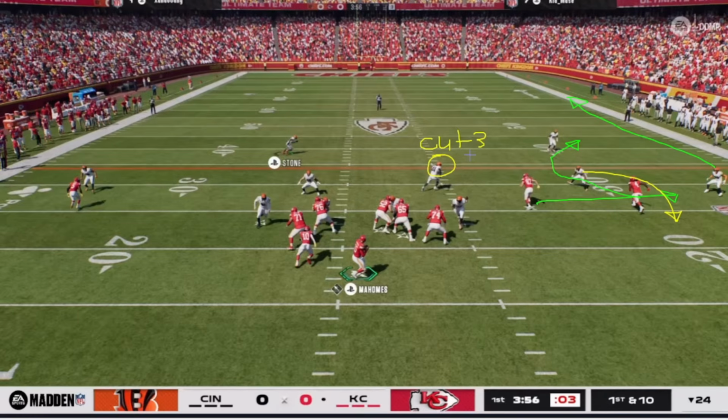It's just amazing when you're thinking about this. Okay, because 3 doesn't go vertical and he doesn't go inside, so he goes out. So I know that that's taken care of. So now I cut the number 2, right? So now I'm trying to haul ass to play inside leverage on the number 2, which is the corner route,